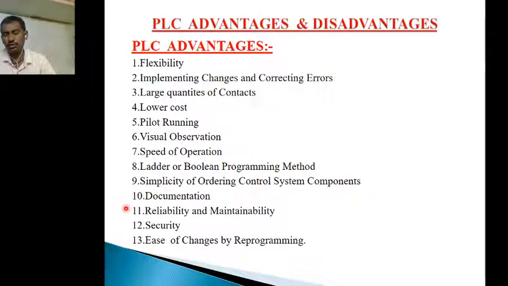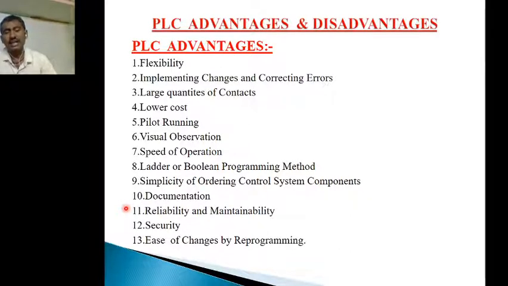So if you want to order, you simply order one single PLC module, and the customer service for this module is very simple and very convenient. So the ordering of these controlling system components will be very simple. That means all are inserted in the single module and ordering the single module is very simple for us. That is the main criterion. Because of this feature, the PLC has more advantages.